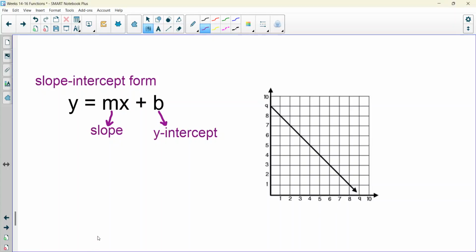We have been exploring functions. Today, we're going to learn about slope-intercept form. This is one of the ways you can write an equation to represent a linear function. This is that bridge from 7th grade to Math 1, where in 8th grade math, when we do linear functions